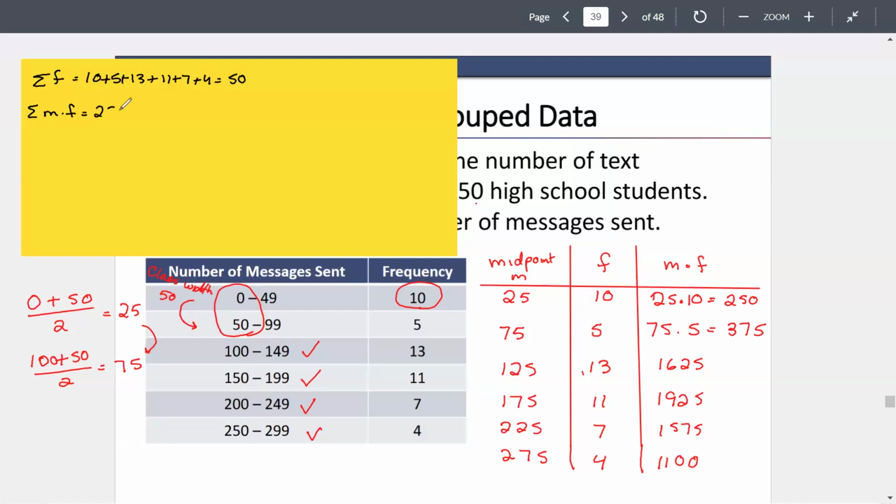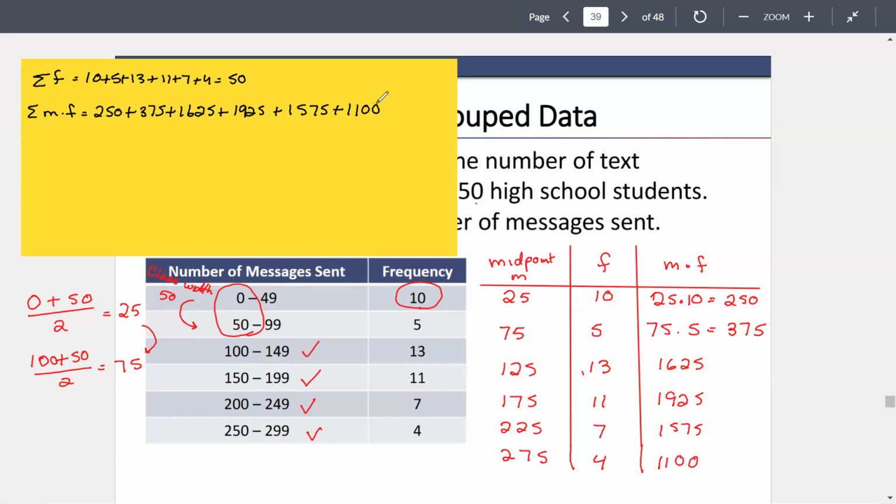Then I'm going to need the sum of those midpoints times the frequency. So that'd be the 250 plus 375 plus 1,625 plus 1,925 plus 1,575 plus 1,100. So if we add those up,